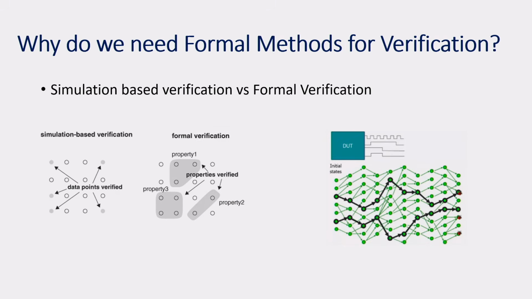The difference between simulation based versus formal is that in simulation, for one test case you are checking. So every iteration you can check only one case, right. But in formal, one property can cover a subset of the test cases. Essentially, without having input, with a few properties you can cover the entire search space, but with inputs, if there are too many, you probably cannot cover all possible scenarios. Think about a 100 bit input: there are 2 to the power 100 possible values, you cannot simulate everything, right. That is why formal verification is extremely important to make sure that your design is